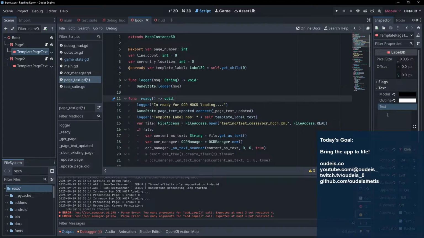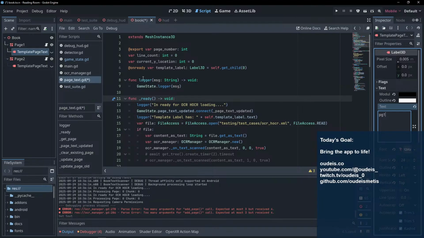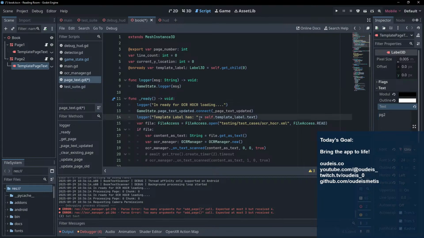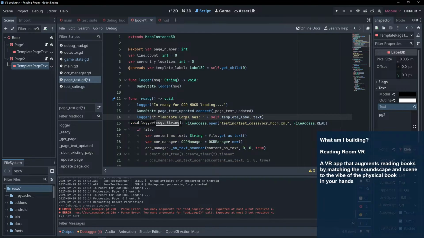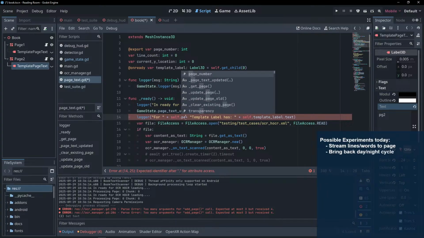So if I do page 1 here, and this one I do page 2, and actually we could do self dot page number,